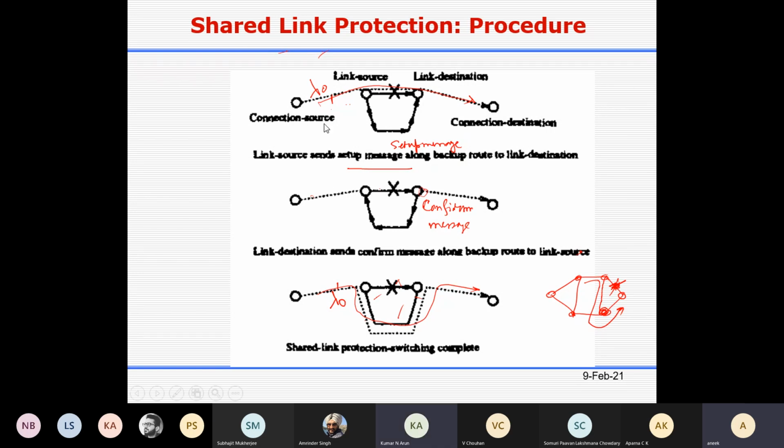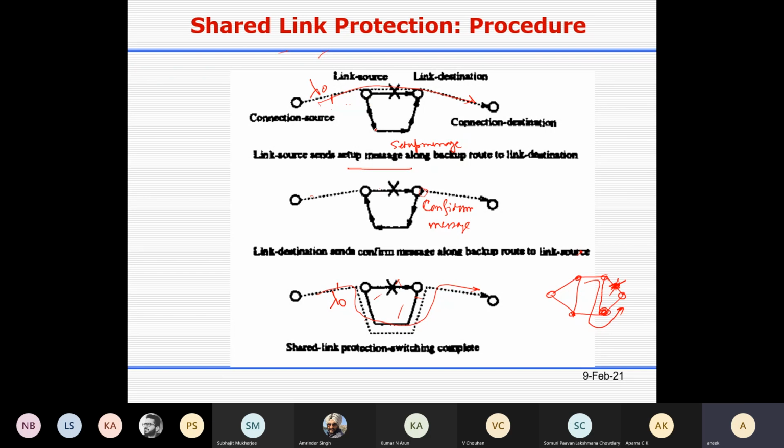Yes, sir. Okay. The issue is that since it is a shared protection, when you are sending this control message, the setup message, you have to reconfigure. That was not mentioned, I noticed.